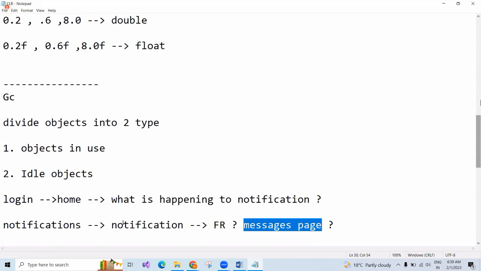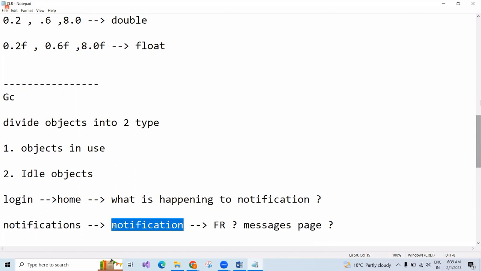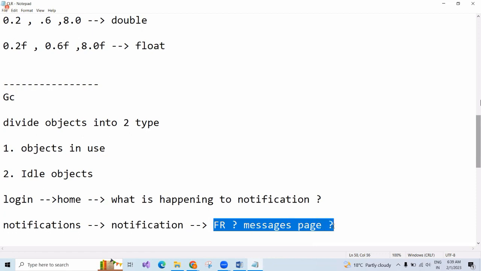So here, what are the objects in use? Only the notification object is in use. Agree with me? But what about the other objects? We are not using them, friend request and messages. Do we need to allocate memory for friend request and messages?